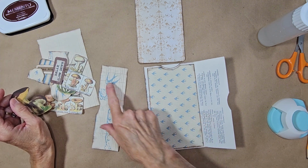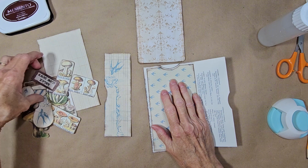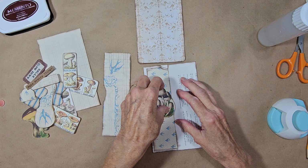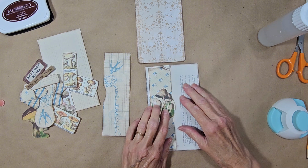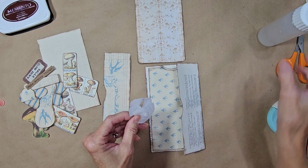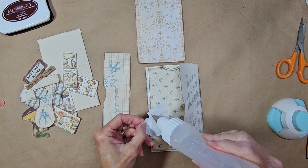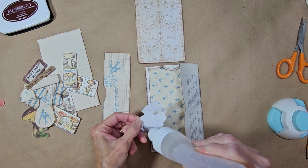So we have birds. And then I haven't used mushrooms for quite a long time. So I thought the birds and the mushrooms went good together. So I'm going to put mushrooms here in the center, somewhere around in here, so they just show out past that part. I want to change it up a little bit from the same old thing. And I think the colors of the mushrooms and the birds will all go good together, because these